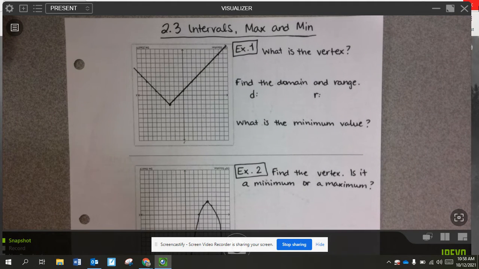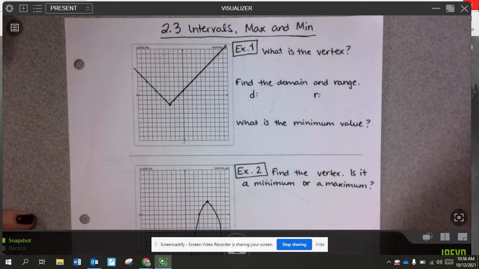All right, everybody, today we're talking about intervals of increase and decrease and maximums and minimums. These are two new observations we can make about any function that we graph or have an equation for. So we're going to start by talking about maximums and minimums, and we're going to start by looking at the